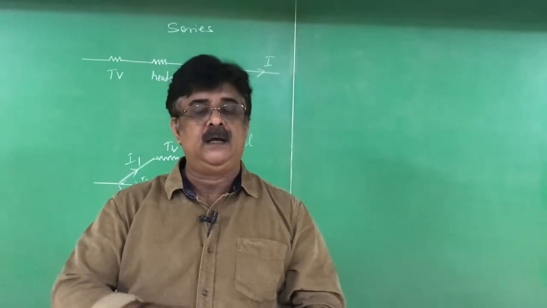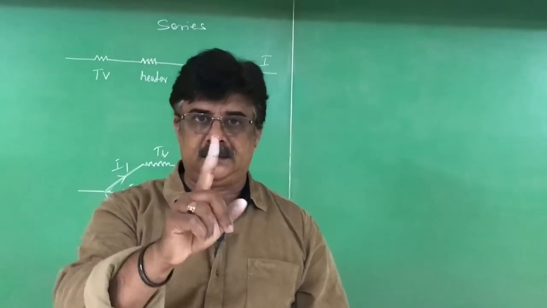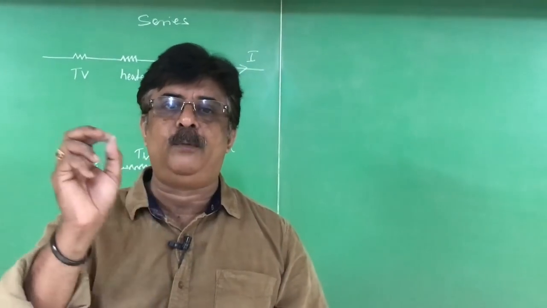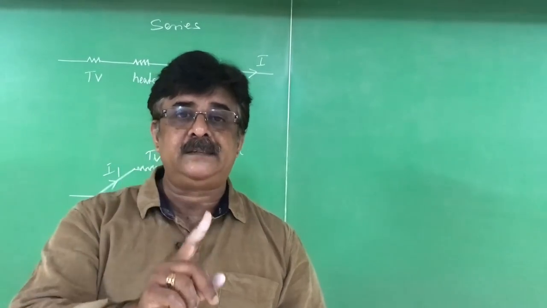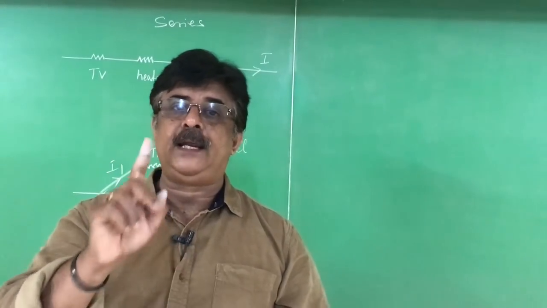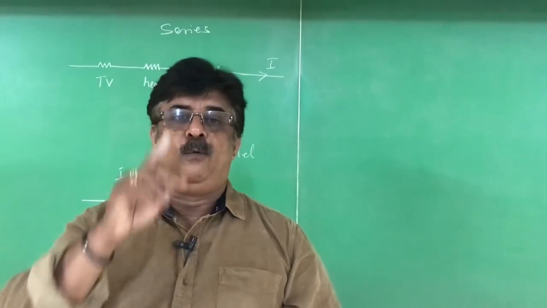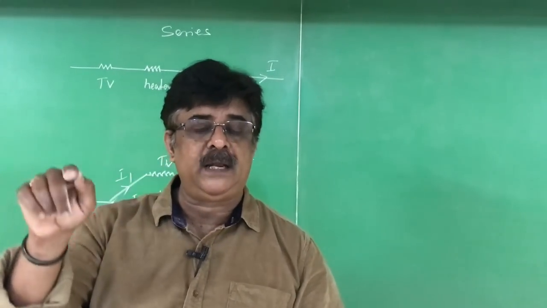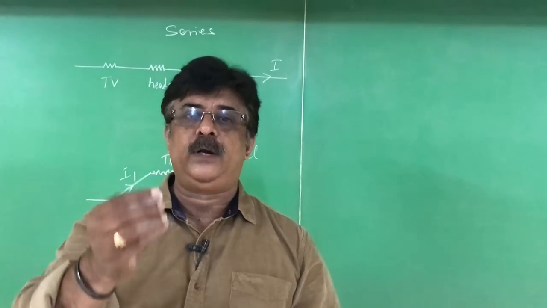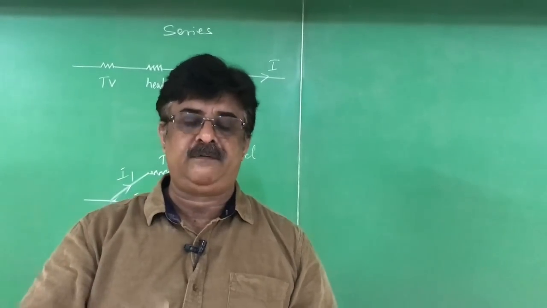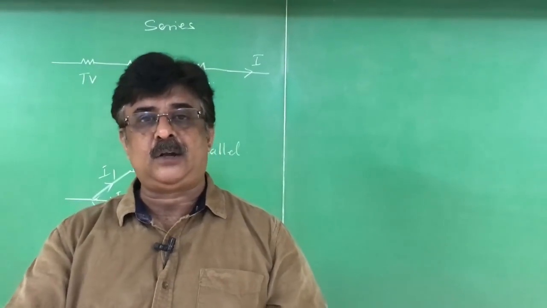First class is over. The first unit of the chapter electricity is over. What all did we study? I told you 6 equations: I is equal to Q by T, V is equal to W by Q, and V is equal to IR, R is equal to rho L by A, Rs is equal to R1 plus R2 plus R3 for series connection, and 1 by Rp is equal to 1 by R1 plus 1 by R2 plus 1 by R3 for parallel connection. 6 formulas we completed. We understood the units: the unit of electric current is ampere, of potential difference is volt, of resistance is ohm, and of resistivity is ohm meter. Like that, we understood all.